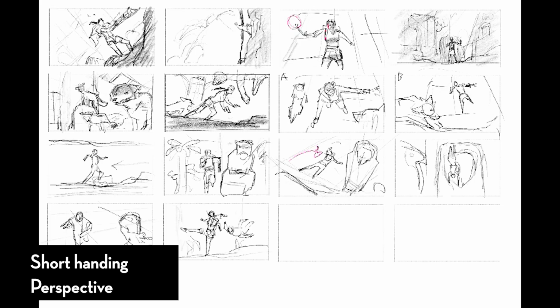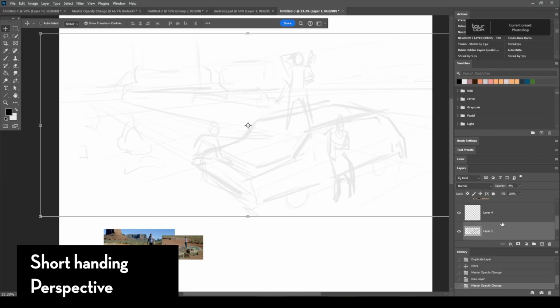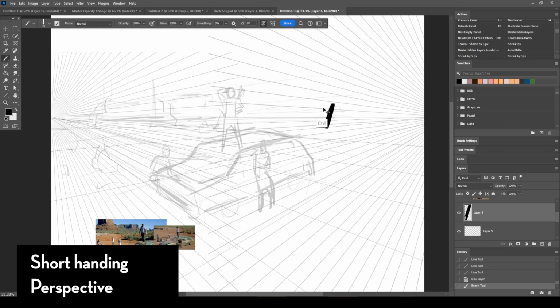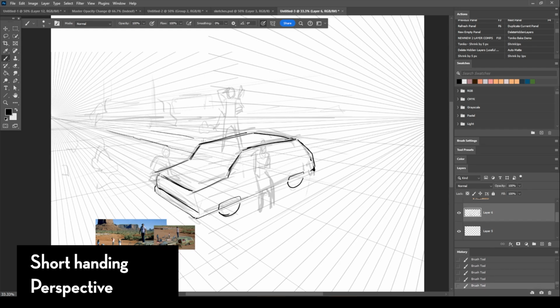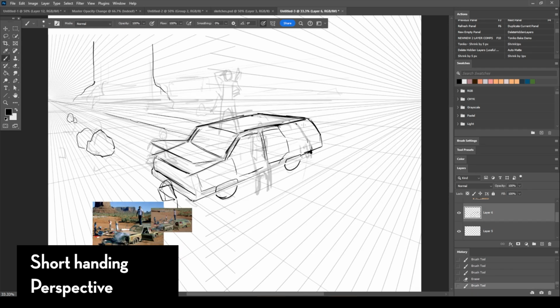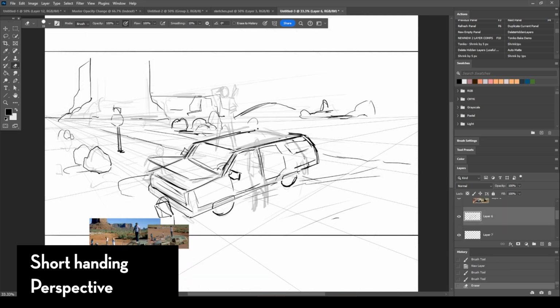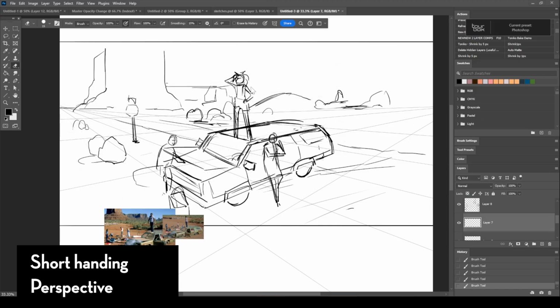After that, I'll do a later pass, and that could be a cleanup or a more rough sketch stage or a tie down. I could do a pass where I just try to figure out the actual perspective with vanishing points present. So I would probably take my rough drawing and put it in a huge canvas where I can indicate that possible vanishing point or any other vanishing point that's way beyond the shorthand.